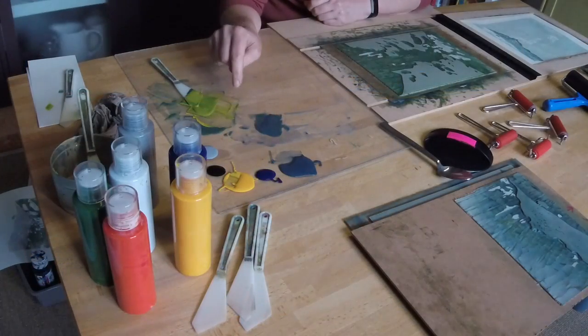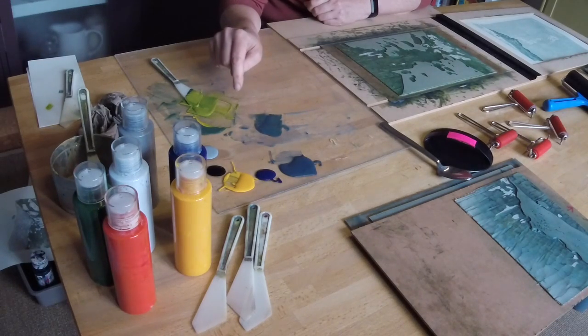So now we've printed the first two layers, I'm going to mix up some colour to put the next layer on, which is the grass. And I've cleaned off my Perspex just by wiping it with a damp cloth. With these water-based inks, they clean off really easily. You can see that the Lucas inks are mixing with the graphic chemical extender. The rule of thumb for me with what is compatible is to look at the way the inks clean off. So if they require soap and detergent to clean them rather than just a damp cloth, they probably aren't compatible to mix with the pure water-based ink. So just look at the way that they clean and make sure that all the inks you're using clean off